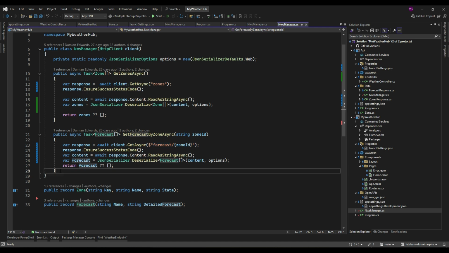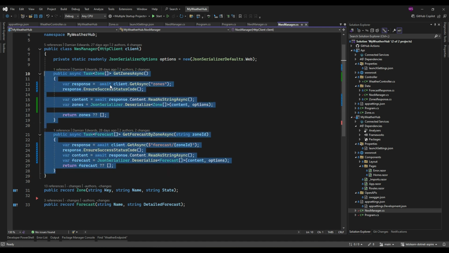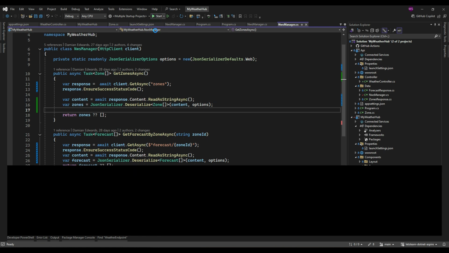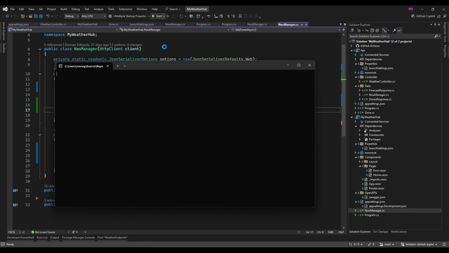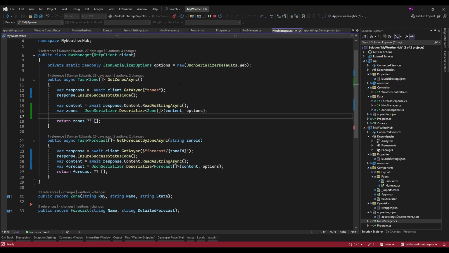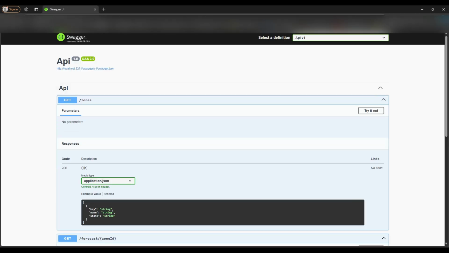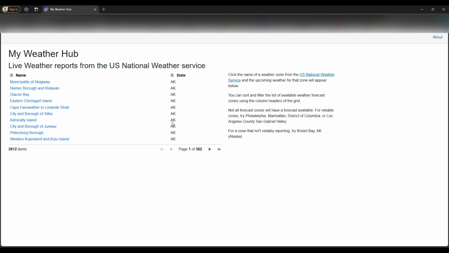By wrapping our interaction with the weather service API, if we want to switch to a different service or geography later, we can easily update the API endpoint and the weather hub app will still function as expected. Since there are now two parts to this, my API project and my website, I need to run both. When I start the application, it will launch two websites, one for the API and one for the weather hub site with a rich user interface.